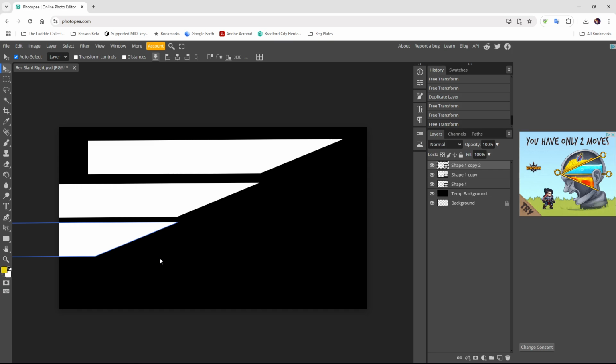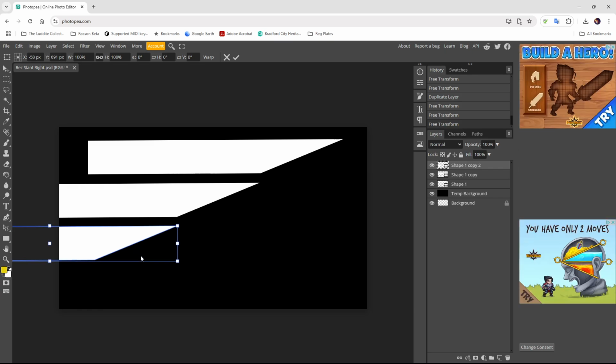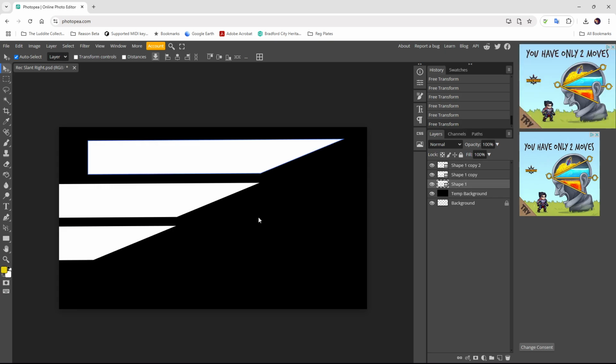Just let it, I'll bring a ruler up. That's been handy sooner. A bit further. I reckon they're about right. Don't know why it keeps choosing the background. If you ever choose the wrong thing, before you move it, just press escape. That's close enough. And what we're going to do is go to shape 1, grab this, and we're